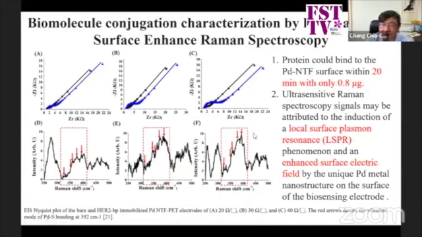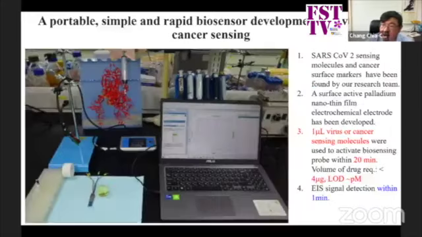We also found that ACE2 binds with the palladium surface through palladium-thiol binding. And it's important that a surface with only two granular layers is better than a very thin surface. With this kind of electrode, we can detect